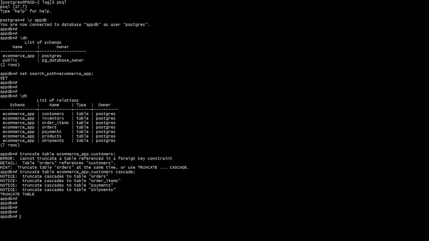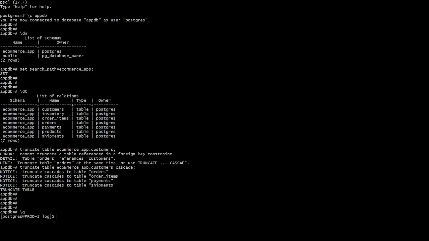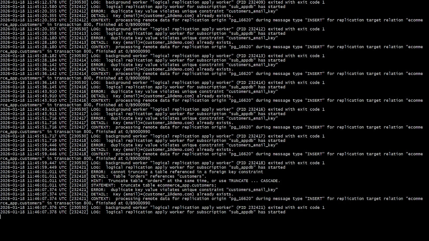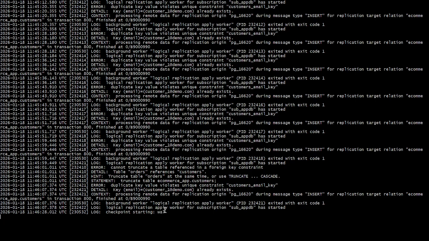So now let's check the log again. So how the log looks like. You see, logical replication has started and checkpoint starting WAL means it has just started transferring the WAL content, and once it is transferred, it will release those WALs. So let's wait for some more time, but meanwhile we can check the status of the replication slot as well,